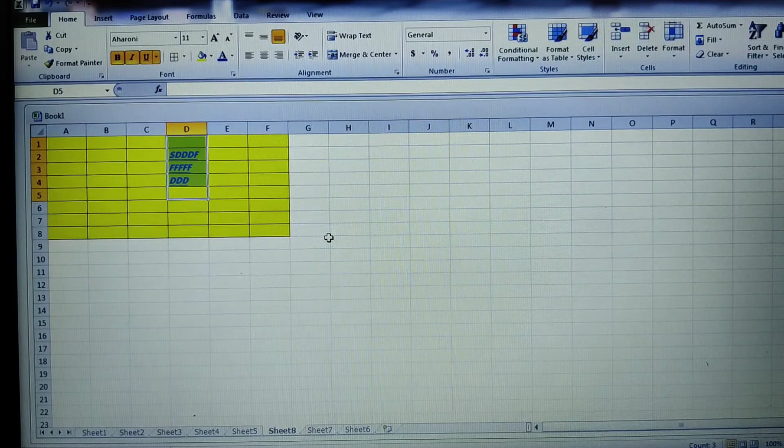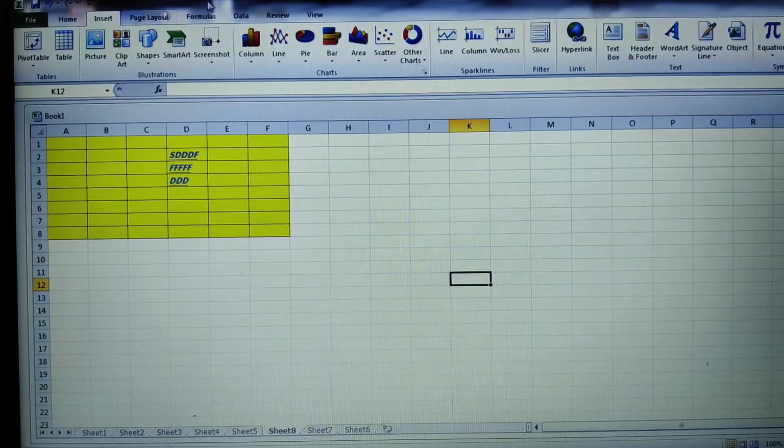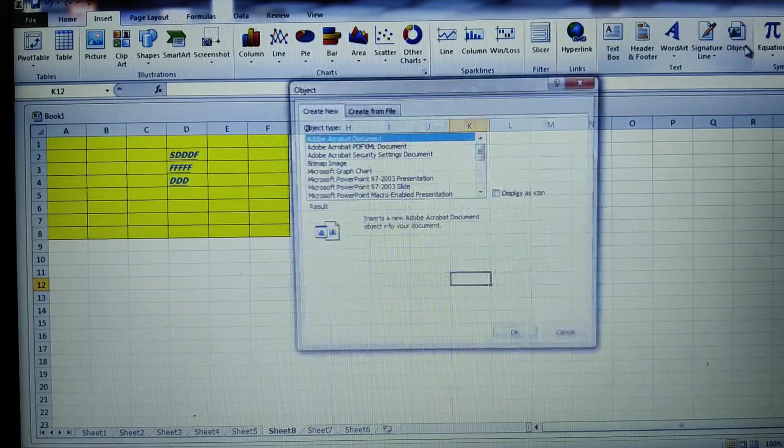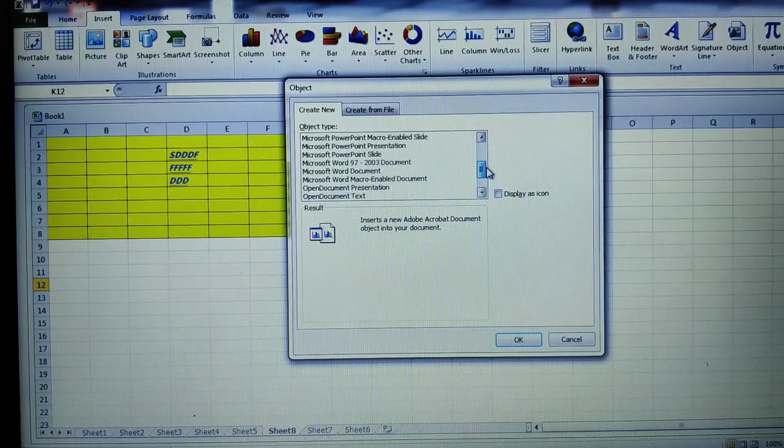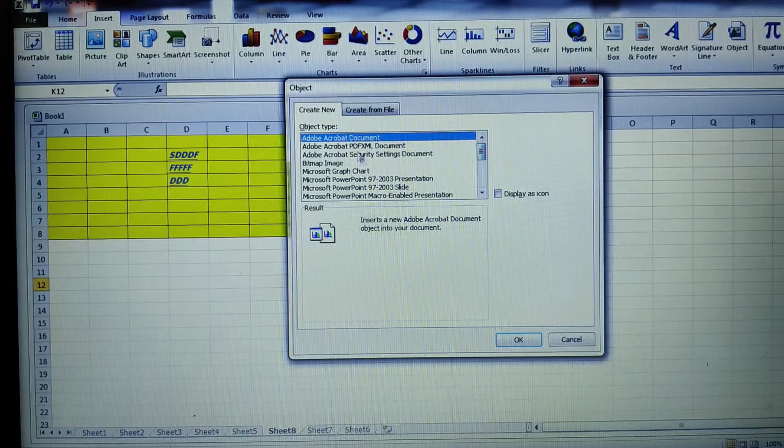Then we can even embed charts and pictures from other applications. You can have charts or other pictures right from different applications and insert them onto your Excel sheet. So how do we do that? You have to go for Insert, and therein we have an Object option. Like this, you can create objects from different applications and have them in your document.